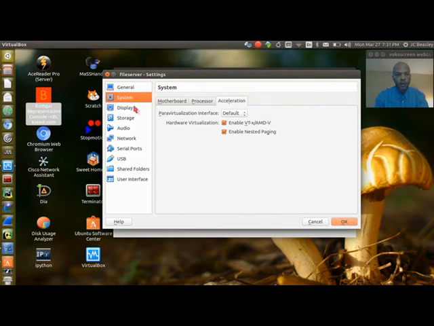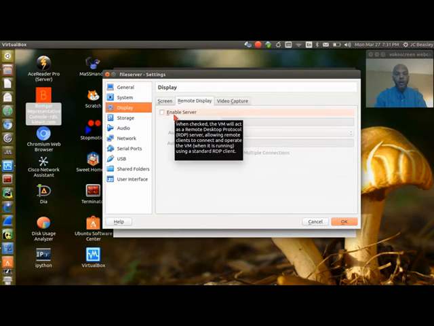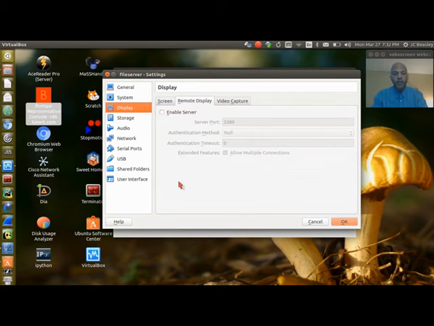Okay. So let's go to display. Obviously, these are just our basic display settings for our guest machine. You can go here and adjust the video memory if you need more. This is essentially like your video card. You can enable 2D and 3D acceleration, video acceleration, if you need that. You can enable the server for remote display. This allows you to do an RDP or something, use some type of remote software to remotely connect to your VM and not have to actually log in and access the